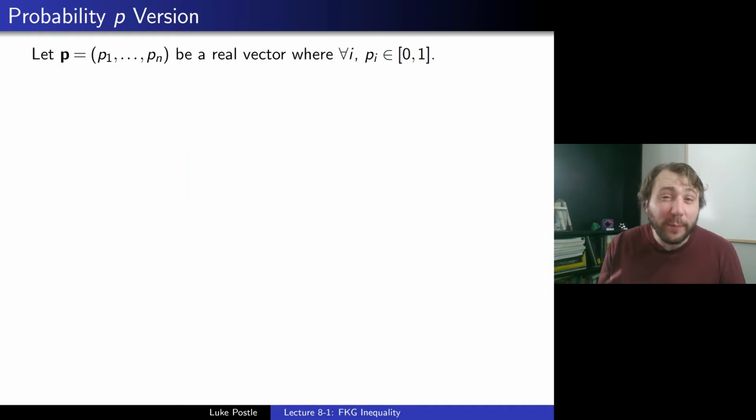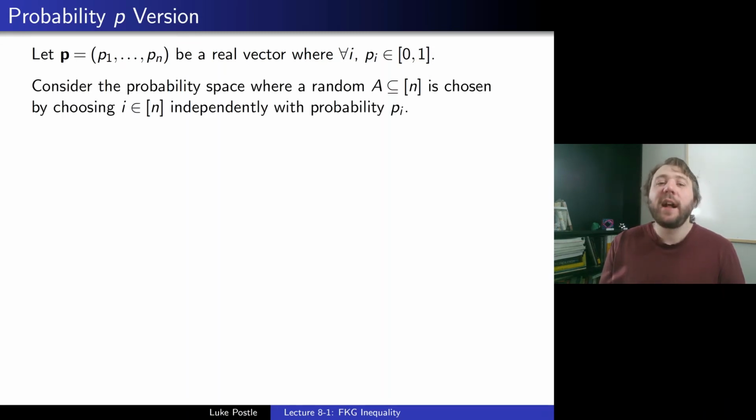We can do a probability p version, which is quite nice. So here we let p be a real vector, p1 through pn, where for every i, pi is in [0,1]. Then you could consider a probability space on the family of all sets, where a random set is chosen by choosing each i in [n] independently with probability pi. So instead of thinking of all the sets as being equally likely, it's quite natural to think where element 1 is in with some probability p1, and then 2 with some probability p2,